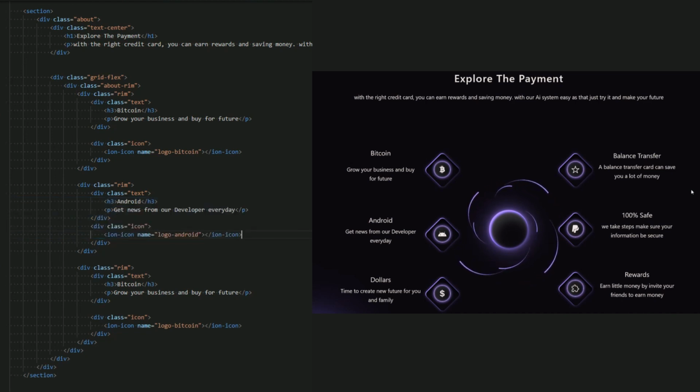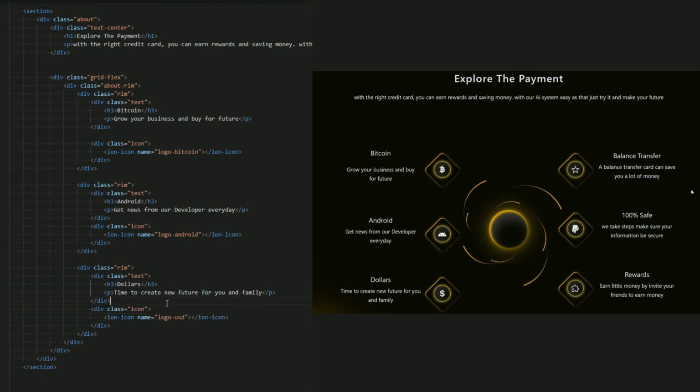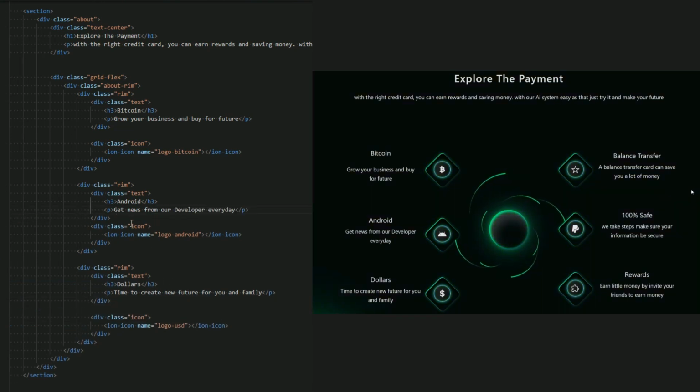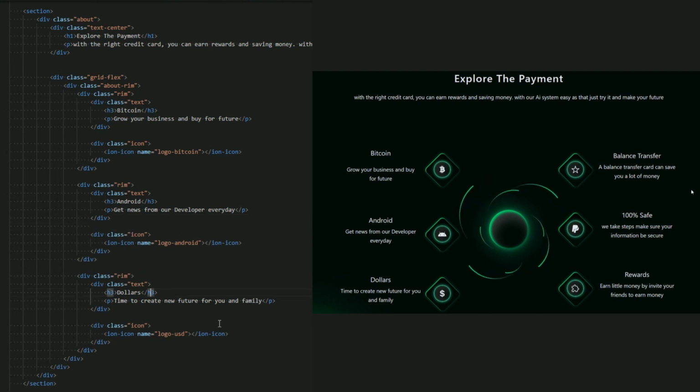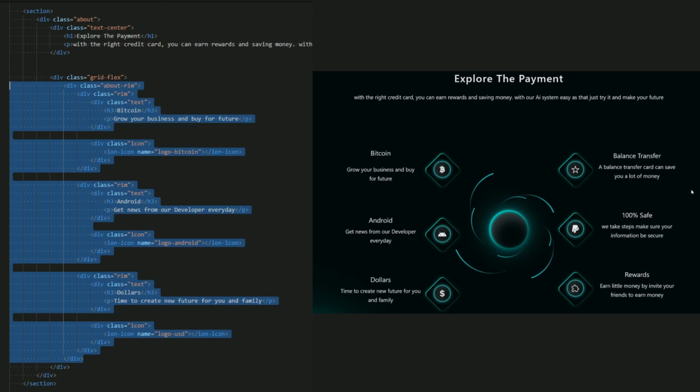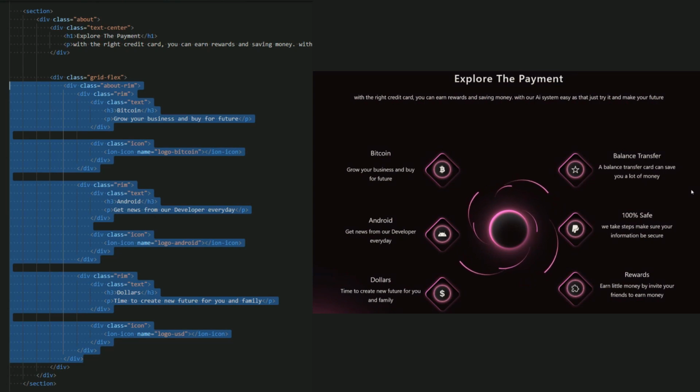This is the Android, this is for this. Oh, I'm sorry. Okay, there we go. So this is about rim, as you can see. This is the first box of grid flex, which is the left.